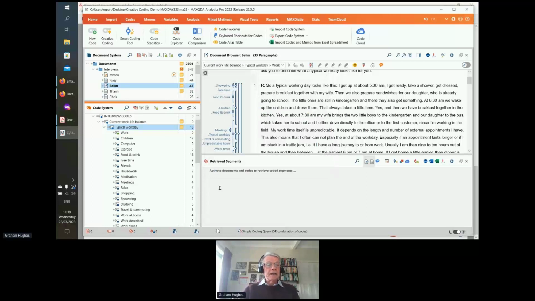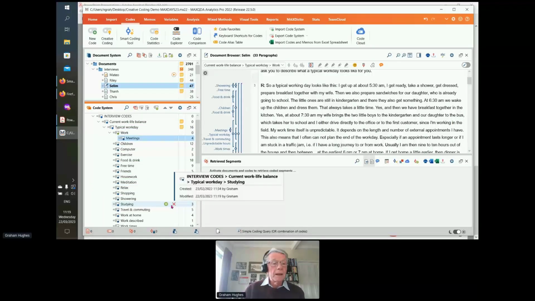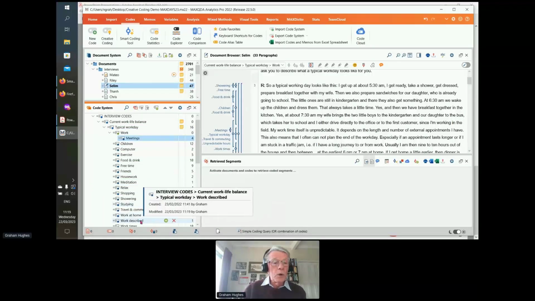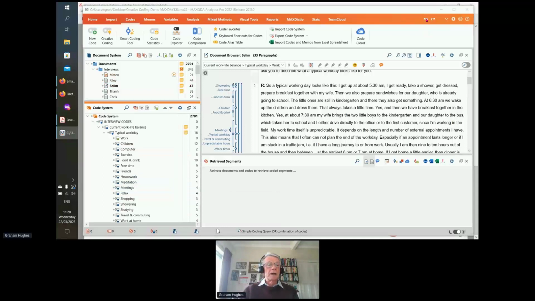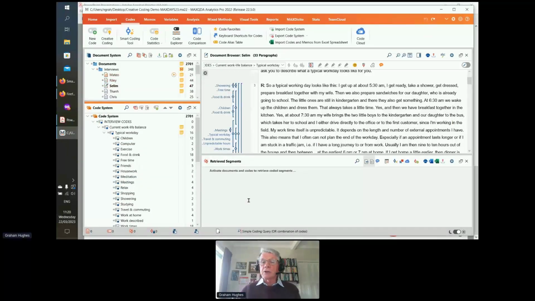And then I could take any segment here, say meetings, and make meetings a subcode of work. And I could come down to other things, work described, and make that a subcode of work, or just at the level below meetings and so on. I've always been able to do that. The creative coding tool gives me a better way of doing that. I'm just going to undo those couple of steps to get back to where I was. Now I'm going to show you the same sort of thing, but using the creative coding tool. On my codes menu,